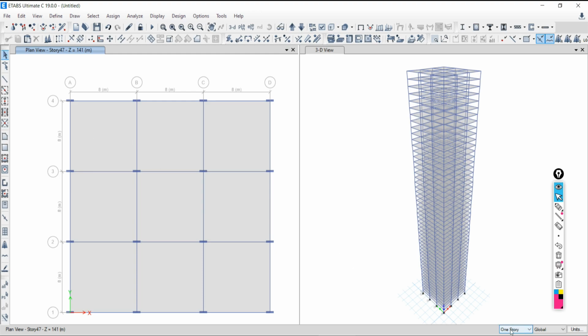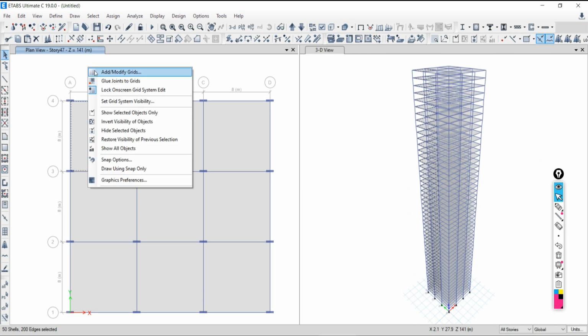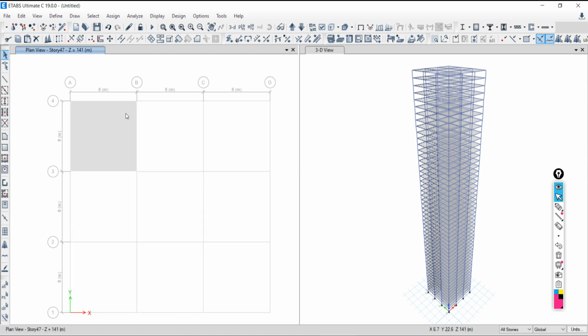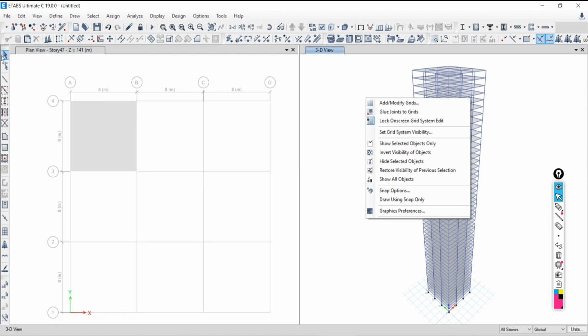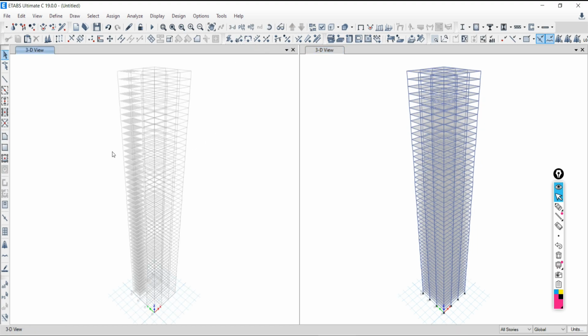It's very easy. I am going to convert one story to all stories. When I click on this first slab, for that particular location, that particular area, that particular element, the selection will be there from base to top, as you can see in the 3D view. Click on the window and say show selected objects only. Here also, only the selected objects. Just take the 3D view. So from base to top, all the slabs for that particular location are selected. Is it visible or not?